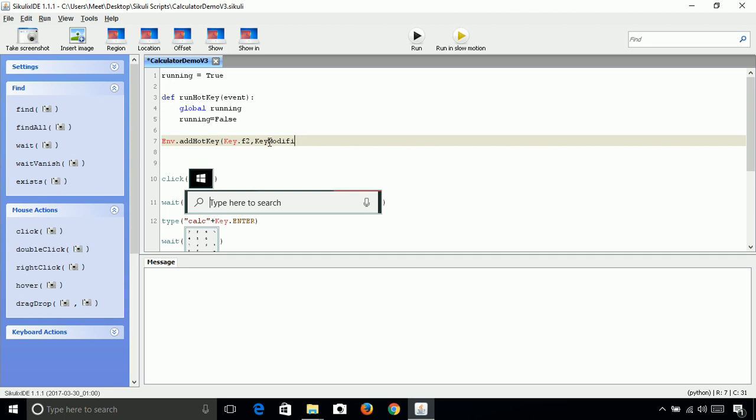So when we press Control with F2, it will stop the code. Control will be in capital, and when we press Control with F2, it will call this function which we have defined here. So we have to mention this function name here.